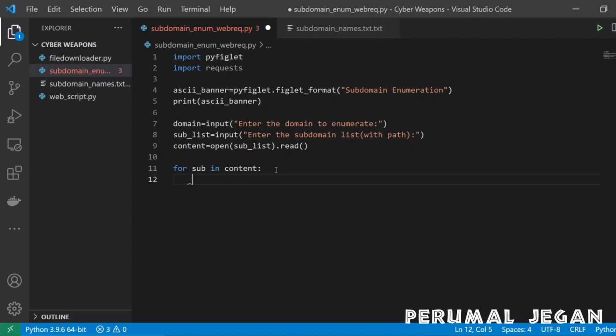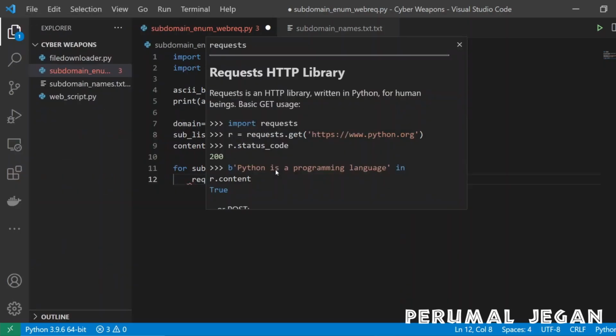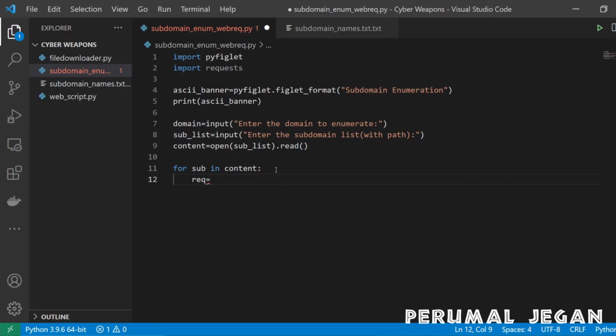I'm gonna create the request line, and I am putting the request line into the variable req equal to an f-string. If you put f and a quotation mark, then it is called an f-string. So inside this string, we can also call strings and also call variables. So this is what it is. I'm calling the string https colon double slash. It is common for every enumeration attempt, so I'm just putting it as a string.